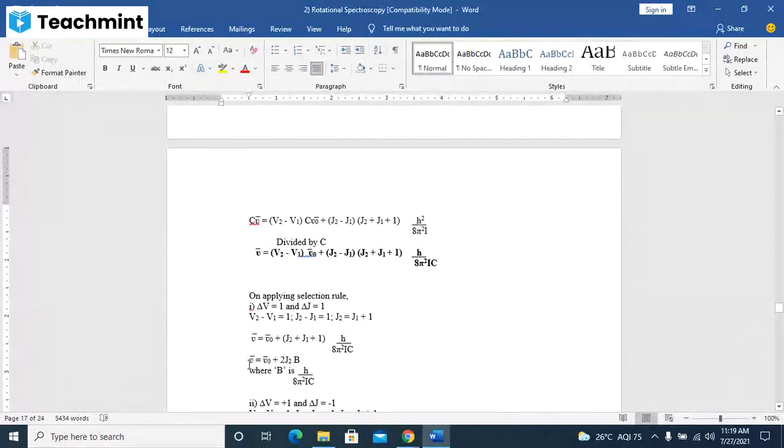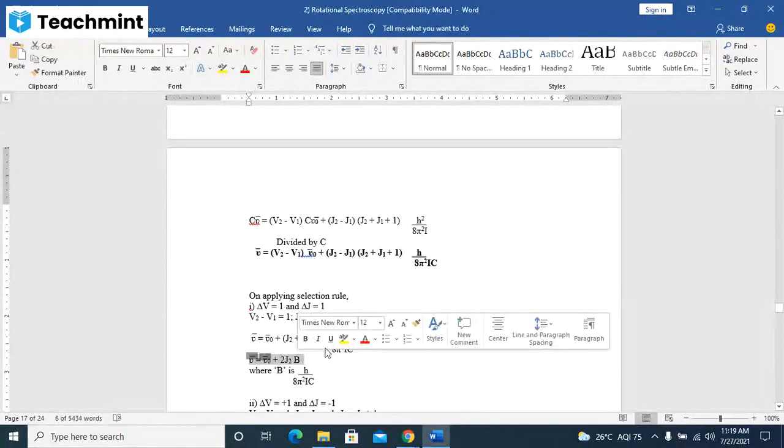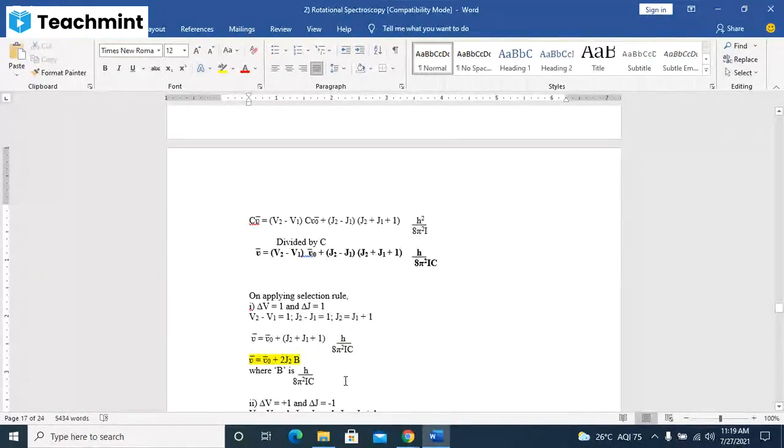You will get nu is equal to... here J1 plus 1 is nothing but J2, J2 plus J2 is 2J2. That's why you will get nu bar is equal to 2J2B, where B is h upon 8 pi square Ic. Another case you can consider